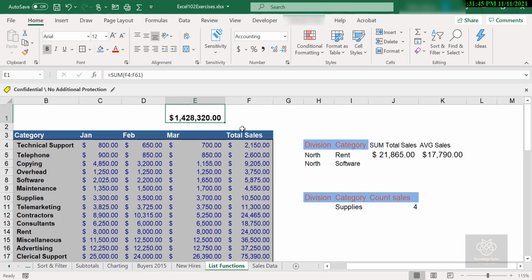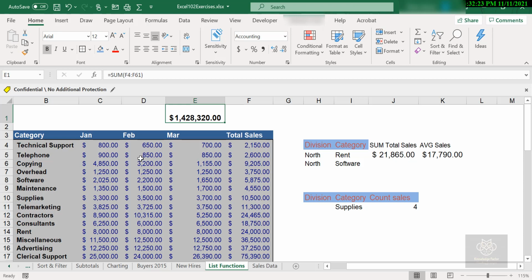Now already that SUM function did the entire column, right? The DSUM function that we worked with just a few videos ago summed up the total sales column, but it did it based on criteria. So the SUM function is summing up the column without any criteria. And that criteria was inside of a cell someplace, so it had to have a header like the category here. That header had to match the header inside the list, and then we had the criteria directly below in an adjacent cell. Now here comes the subtotal function.